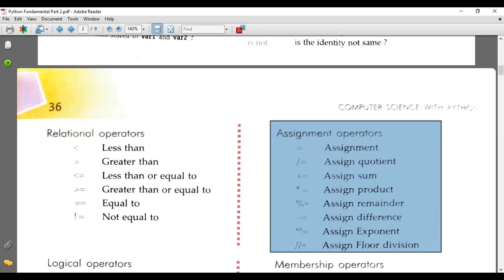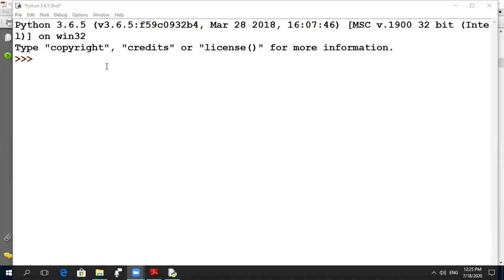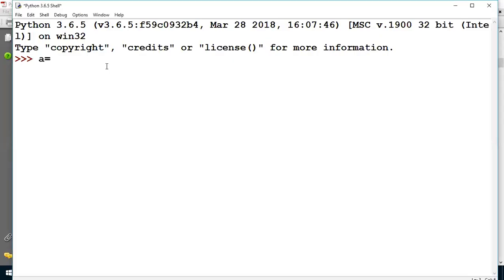Now see the example of this. If I am writing a equals to 5, that means the value of a is 5. That means we are assigning 5 to variable a.